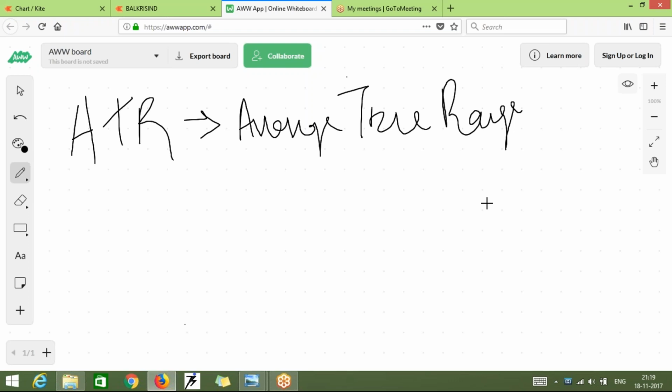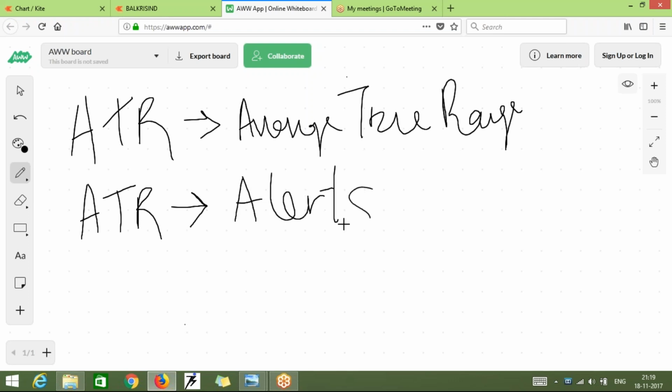The major thing in ATR, just note down one thing: when you see ATR, the very major thing it does is alert the user. Something which alerts a user tells you that this is the position where you need to change your strategy or change your position. If you are long, then please close your position. If you are short, then please go for a long position.